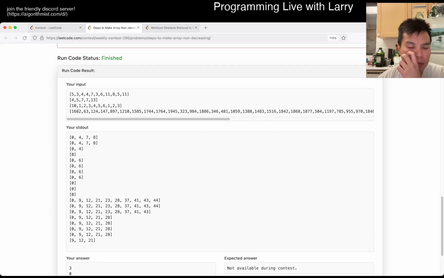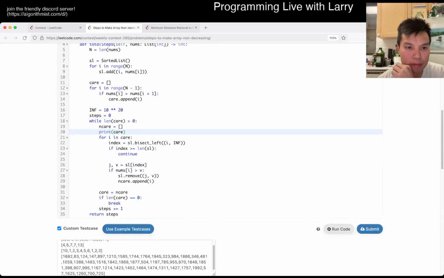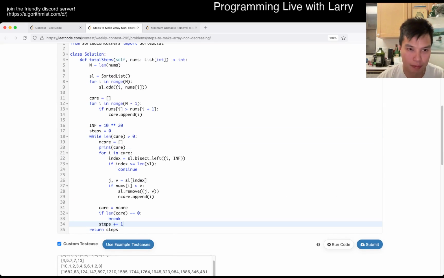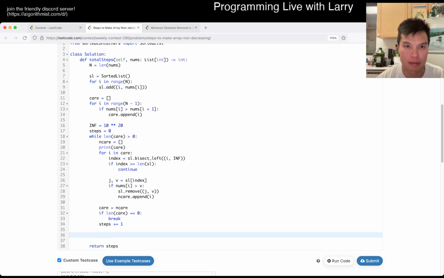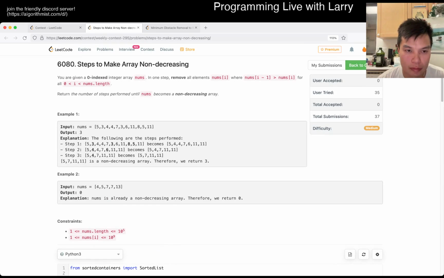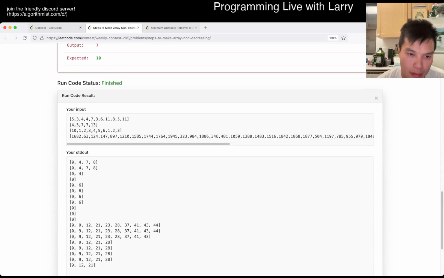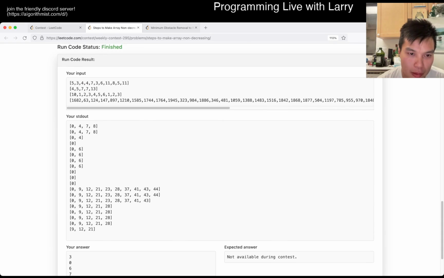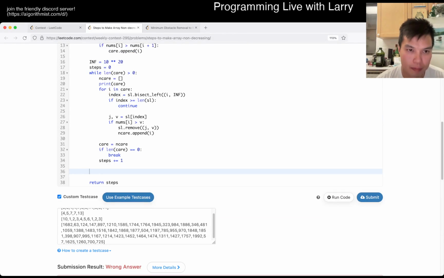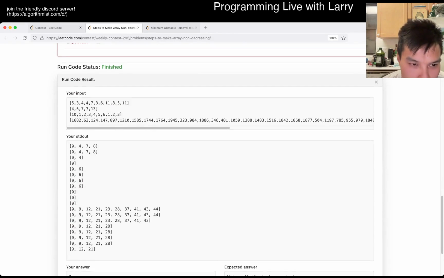Is it possible to have an increasing thing? I don't know. I think the idea should be right, but maybe I'm a little bit too whatever. I should have skipped ahead, but